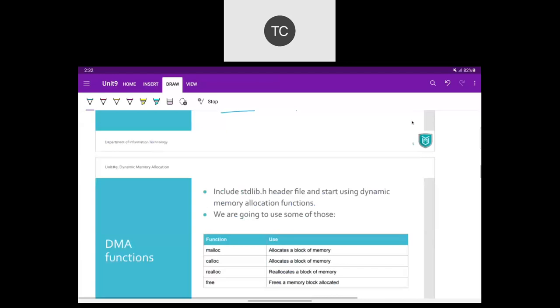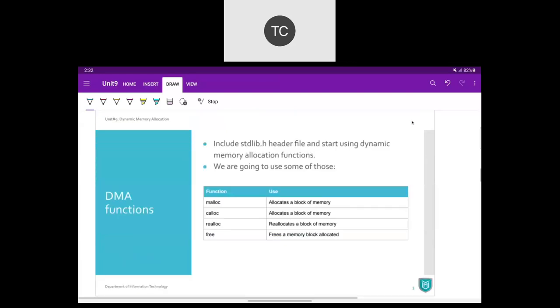And for that, we have a number of inbuilt functions inside C. So we simply use the standard library header file, stdlib.h, and once we include this header file, we have a lot of inbuilt functions available which we can use, and we are going to use some of those functions which are related to dynamic memory allocation, and the list we have already discussed: malloc, calloc, realloc, and free.